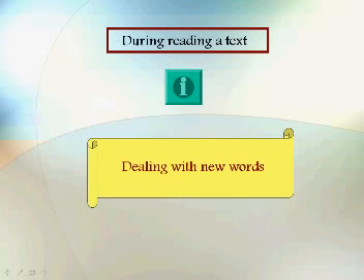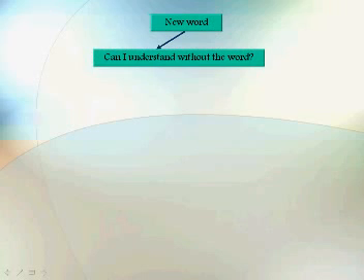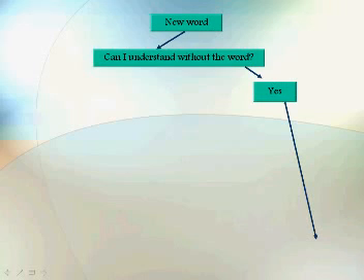But what we learned in this section is that we have to follow this strategy. If you have a new word, you have to ask yourself this question: can I understand the text without the word? Try to find a way to understand everything without this specific word if you don't know the meaning. If the answer is yes, so what happens? Just don't bother, just go on, read on. It's not important, so just read on.